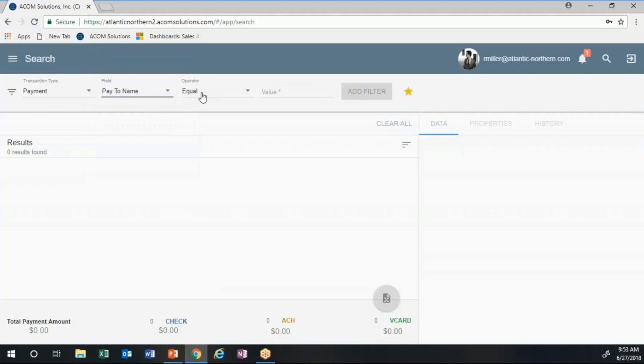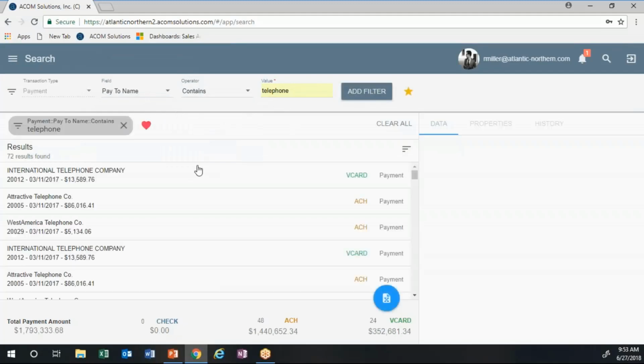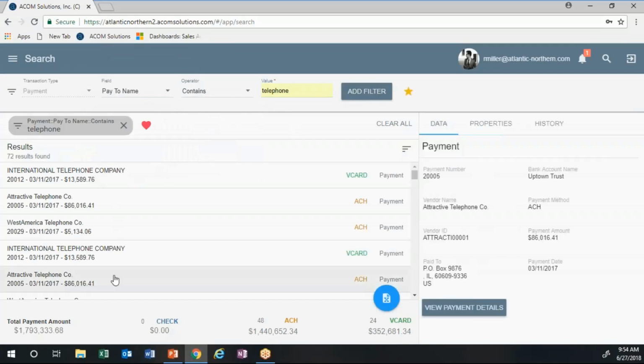If I know a specific company name I want to search, or maybe I want to say contains a certain value, in this case, let's say the word telephone, and I add the filter here, this will show me all the payments that contain the word telephone in them. Again, same thing, I can now click on the payment. Maybe that's the one I'm after. I can see the payment